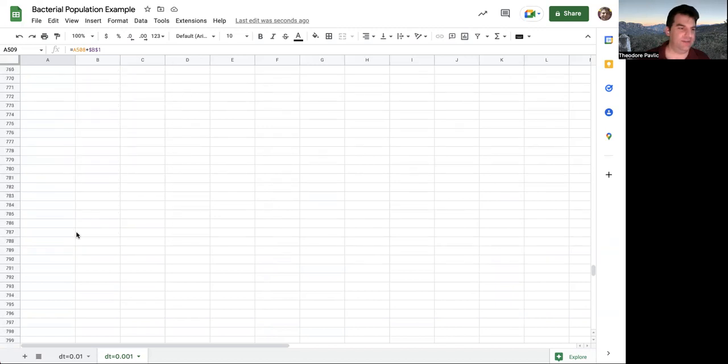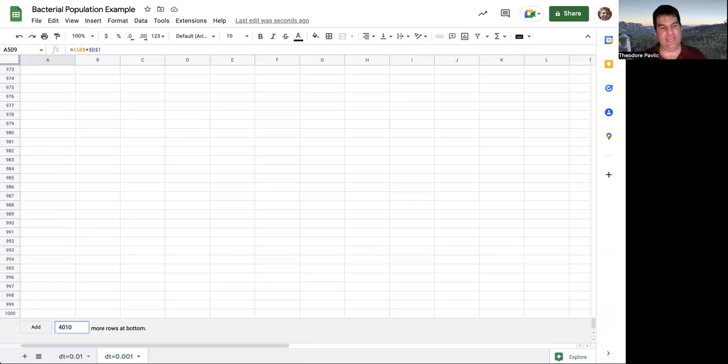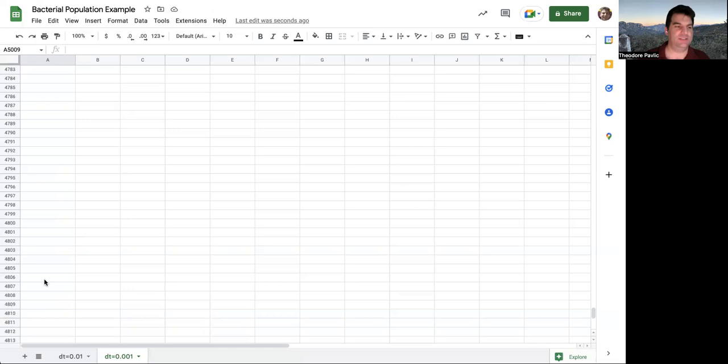If I scroll down here, I see it stops at row 1,000. So I'm going to add 4,010 more rows to the spreadsheet here. And now I can see, aha, row 5009, that's where I want it to stop. So I'm going to click there, and I'm going to scroll up